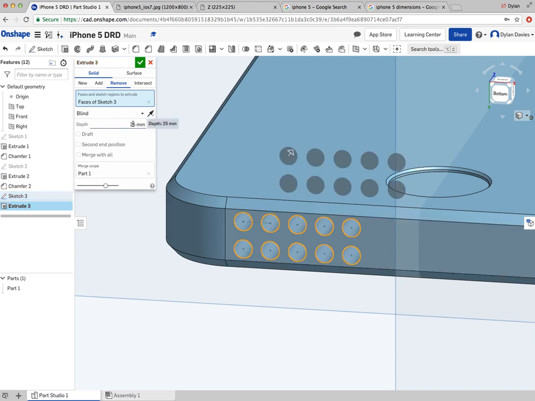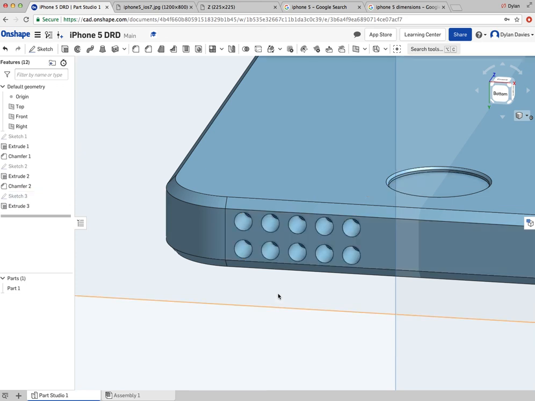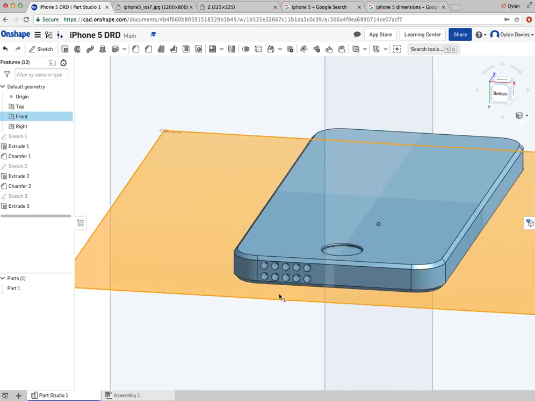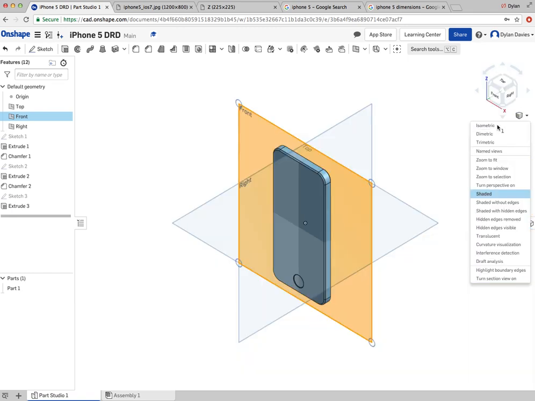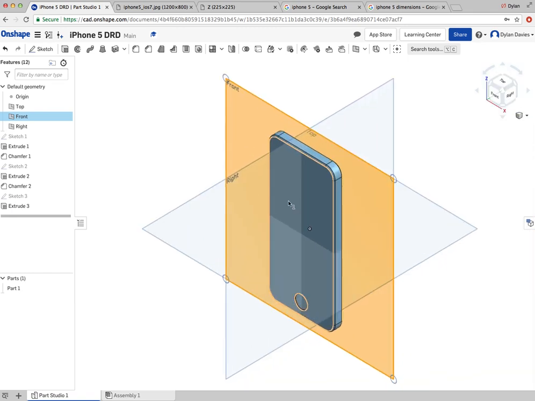And because these holes only tend to go in a small distance, let's just change that to 5, I think. Green tick. And now by zooming out, scrolling back on the mouse button, I've now got a series of speaker holes. Okay, so if I have a look at that in isometric view, there's a couple of little things that